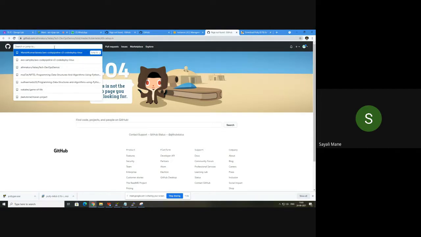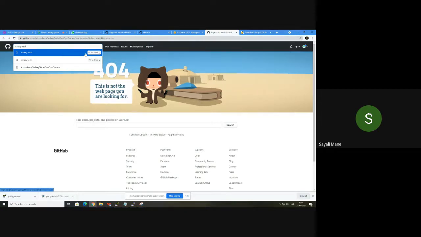I found this one easy. If you find another document with easy steps, feel free to follow those steps. Type Galaxy Tech, there is no space, V capital and then T capital, tech is technology.